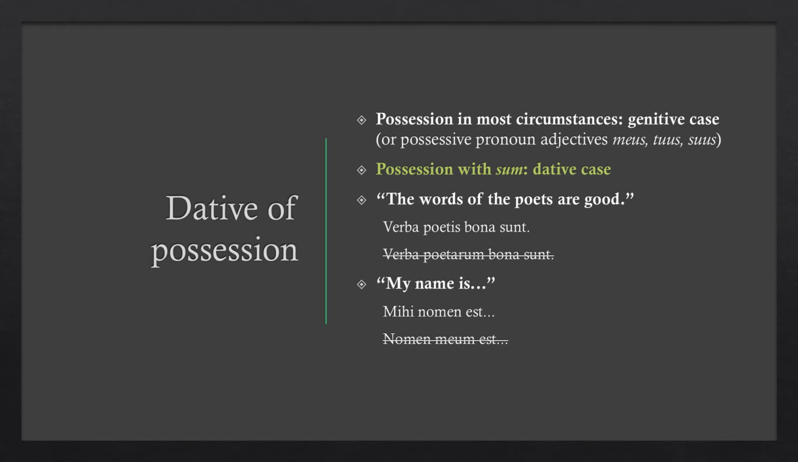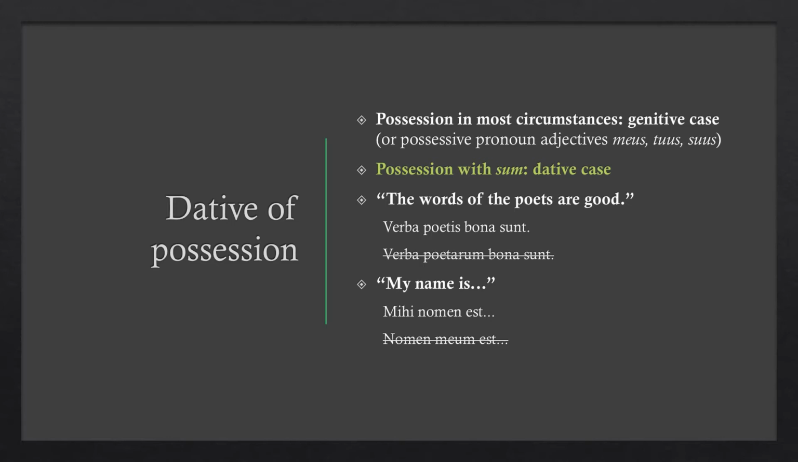Remember that typically, to express possession, we use the genitive case in Latin, or, in the case of personal pronouns, the adjectives meus, tuus, and suus. There is an exception to this rule. When you want to express possession, but your main verb is a form of sum, esse, fui, futurus, you use the dative